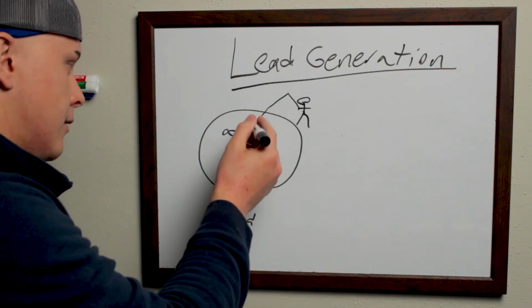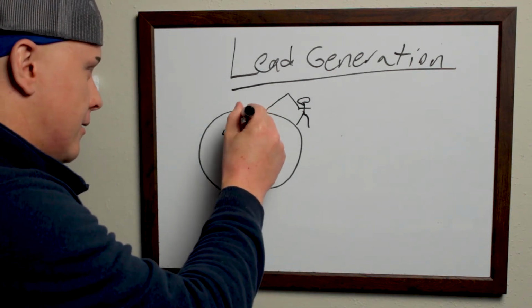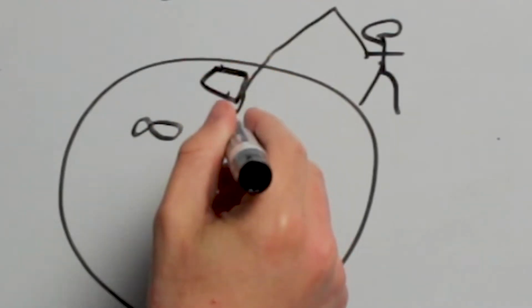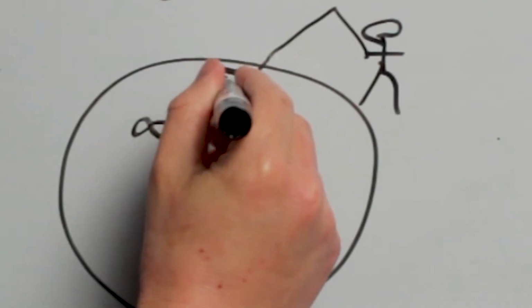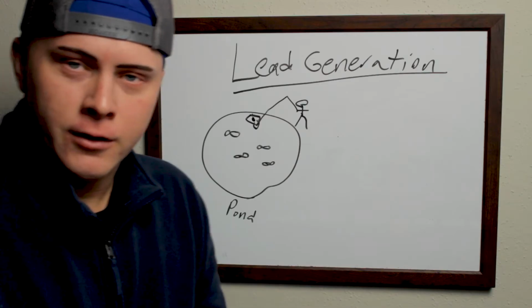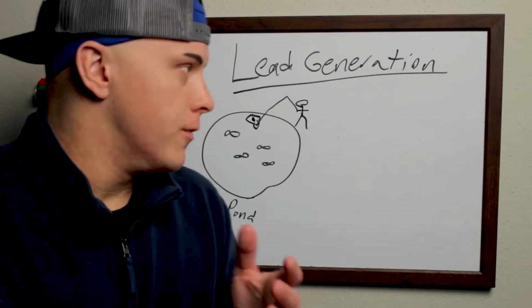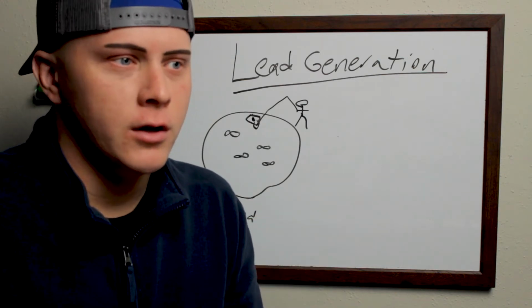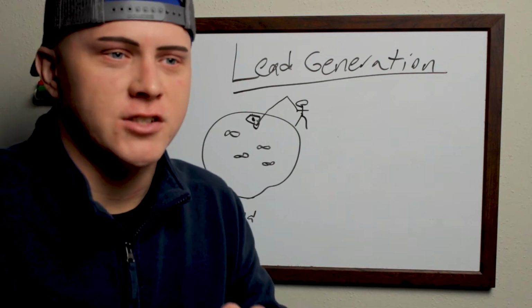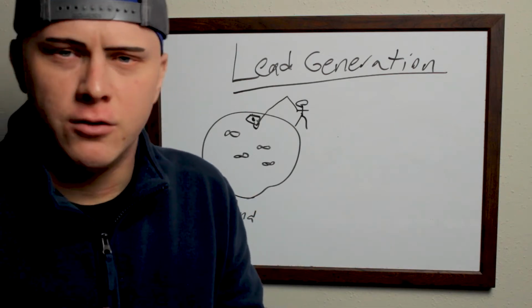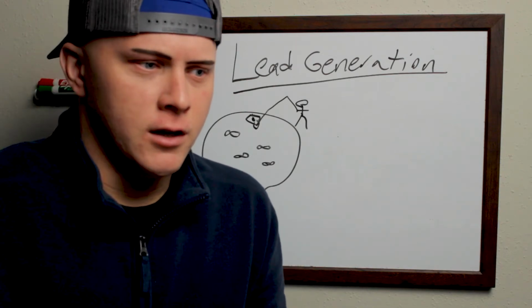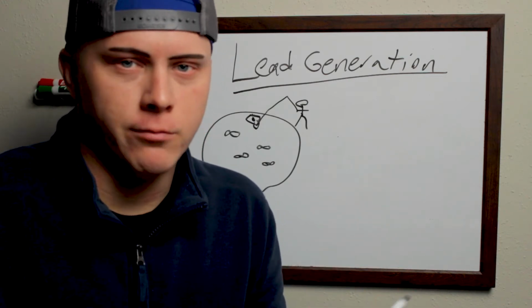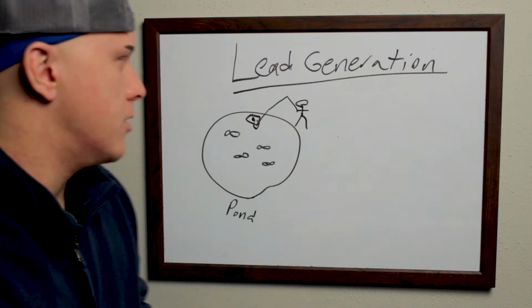So let's just say that your group right here likes an ebook. Your ideal customers want an ebook on a certain thing. That's the kind of bait that will allow them to take action, something that captivates them. It could be an info product, it could be a free report, anything of value that they see for free.